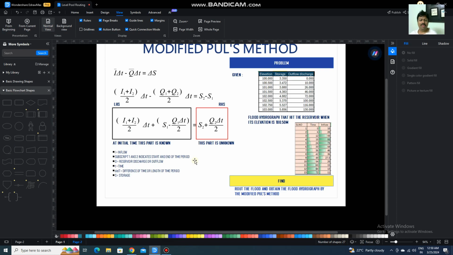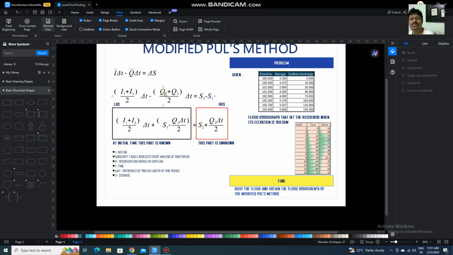Okay, so this 1 and 2 is a very important subscript. In case of Q1 and Q2, that indicates the amount of water going out from the reservoir at 10 am and the amount going out of the reservoir at 4 pm. So 1 is the 10 am, 2 is the 4 pm. When the next time period begins, 4 pm is the 1, and 10 pm is the 2. In the third time period, 10 pm is the 1, 4 am is the 2, because it is a 6 hour time period.